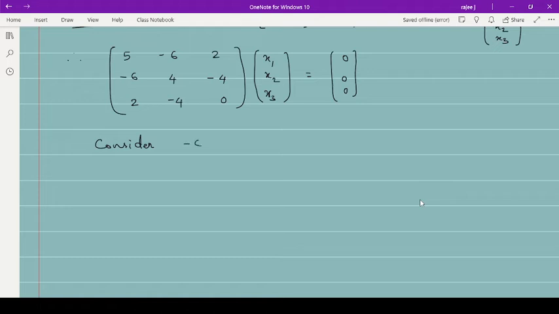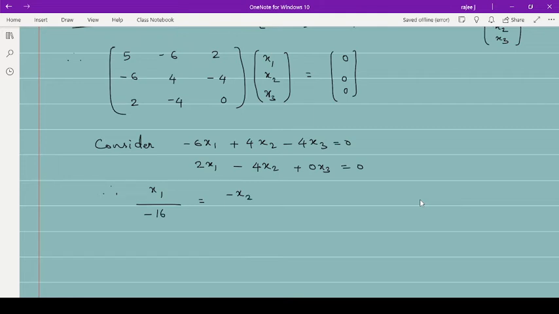I'll take minus 6x1 plus 4x2 minus 4x3 equal to 0. Then 2x1 minus 4x2 plus 0x3 equal to 0. Therefore, by Cramer's rule, x1 by 4 minus 4, 4 into 0, 0, minus 16, equal to minus x2 divided by